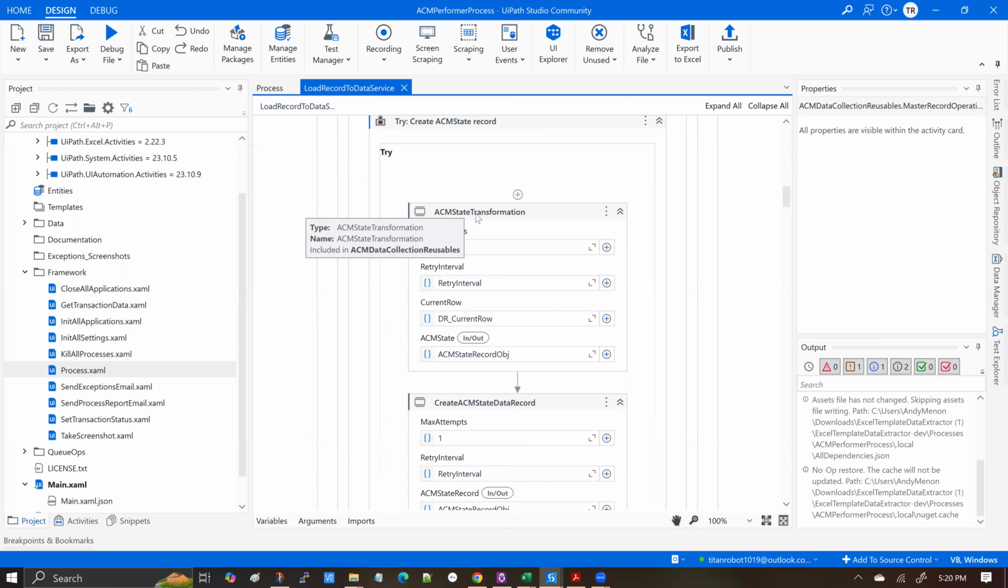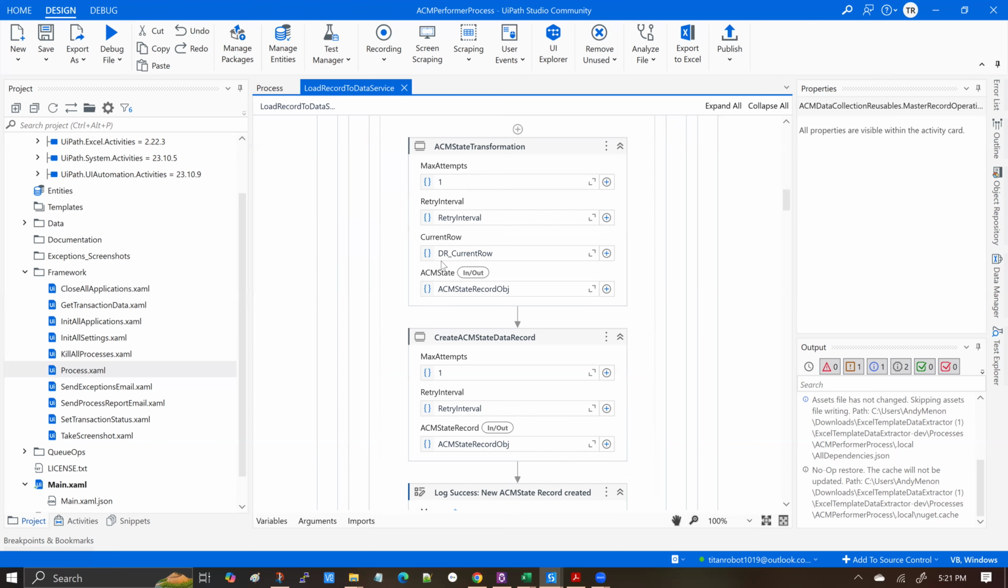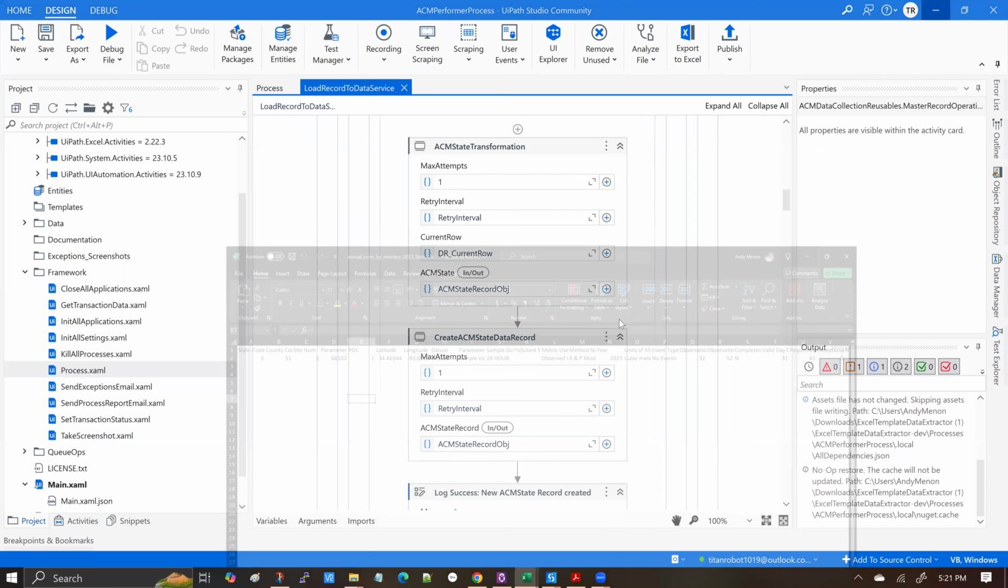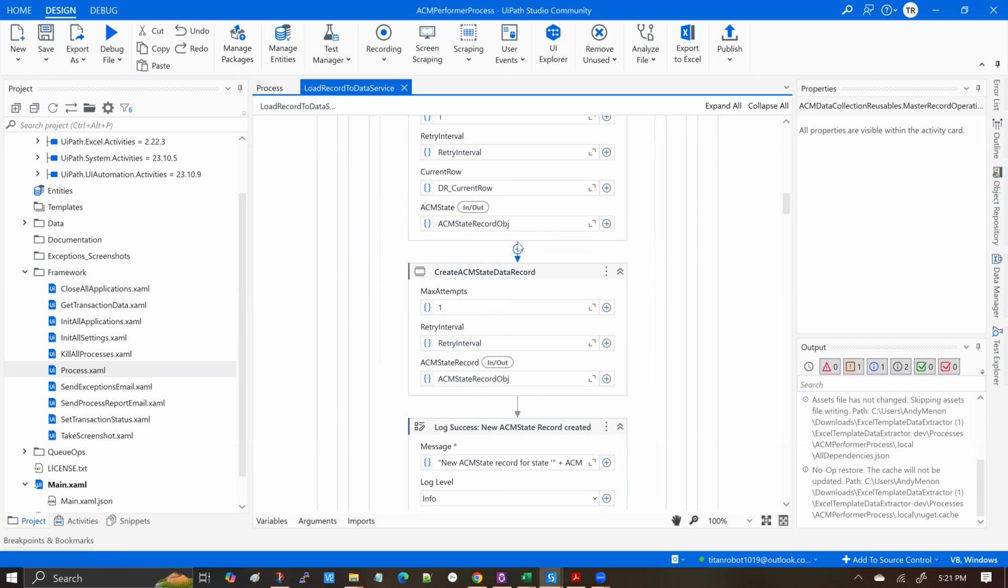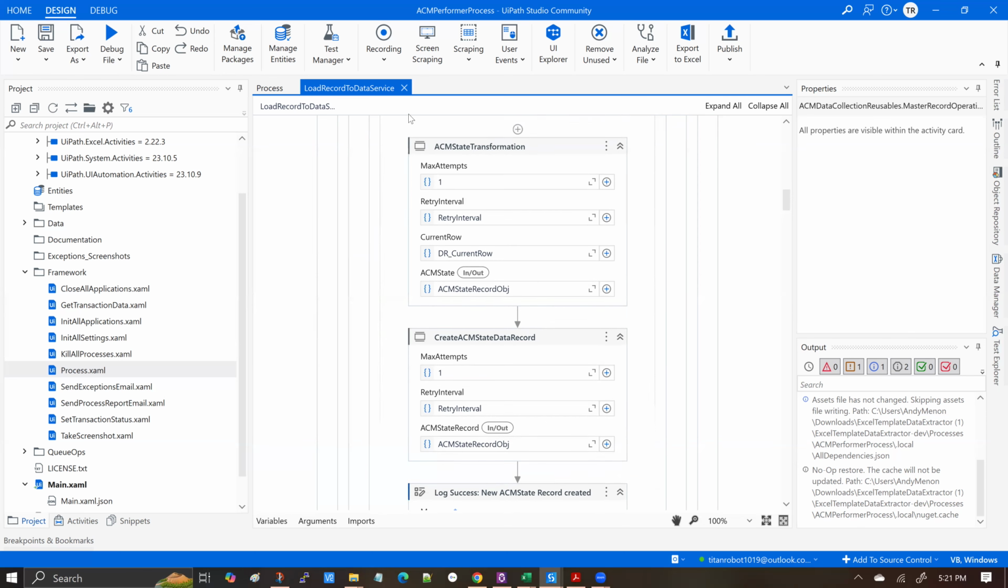the state transformation action. Remember what I had said. I did not see the calls to the energy transformation action in the stock implementation. So this is where I've implemented it. So basically what the transformation does is it takes the raw data, it takes the attributes of the data and transforms it into an ACM state object, right? So I pass in the current row, and then what I get back is an ACM state record of type ACM state, right? And then